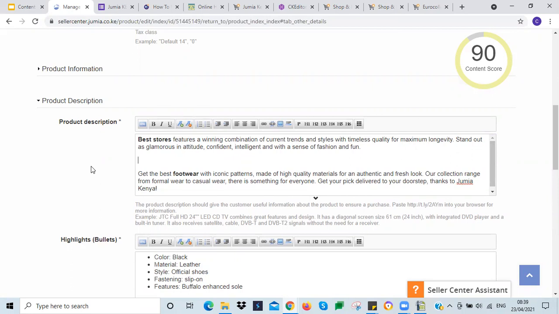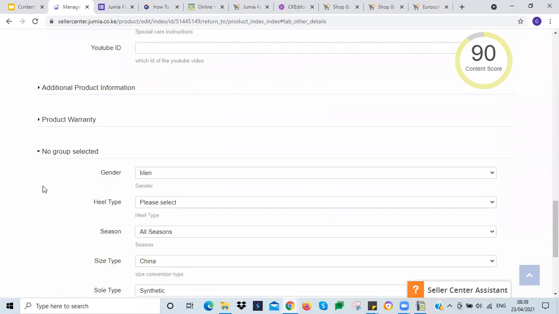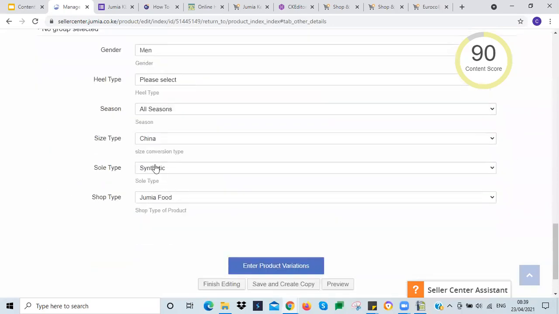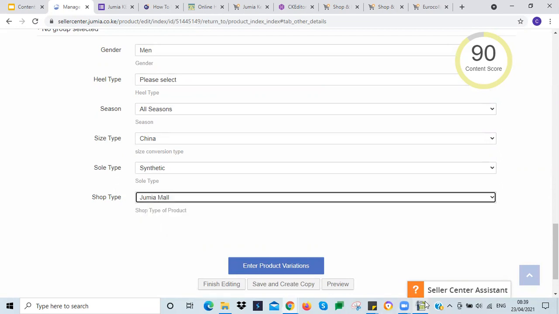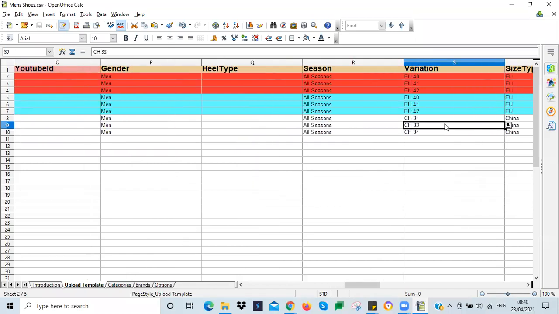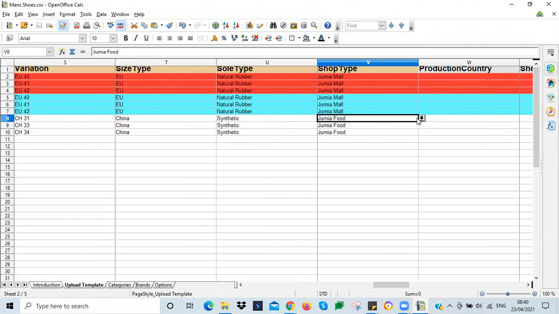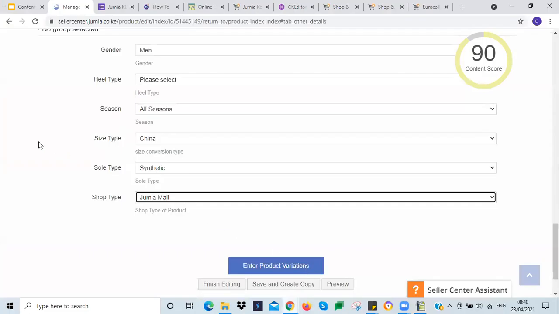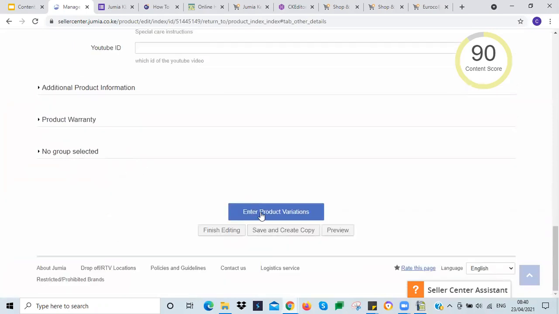Then every other thing we have filled is okay. This should be Junior Mall. So you can just be going through them after uploading to see, there is an error here. The Junior Mall. So after uploading, always go through your content to see in case there's an error or an issue somewhere,